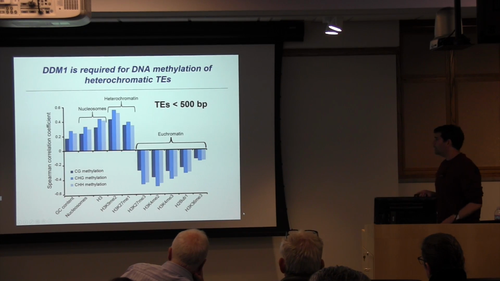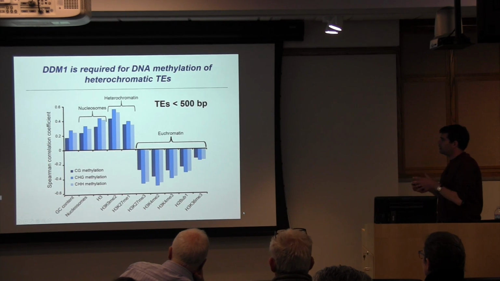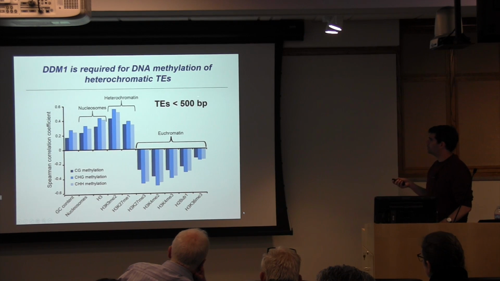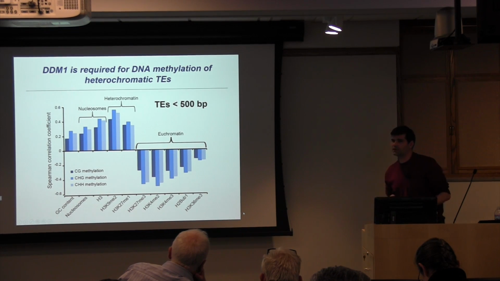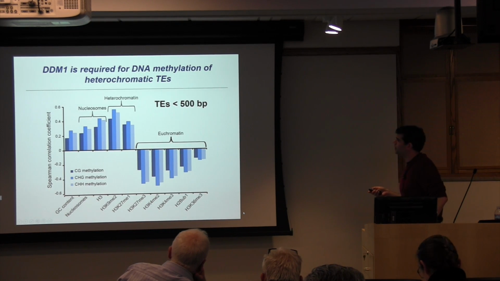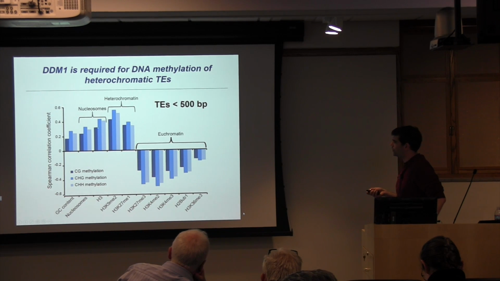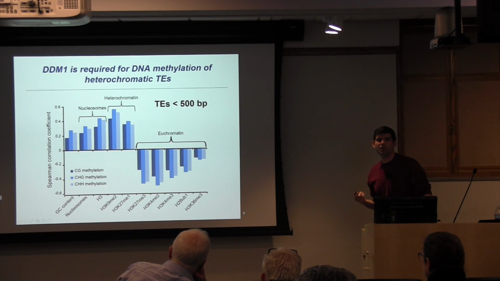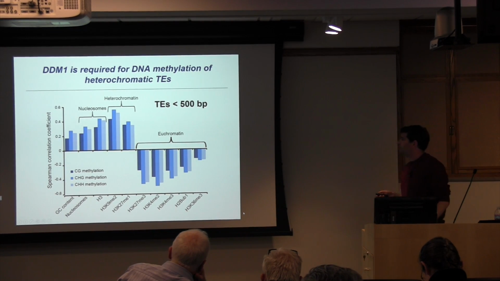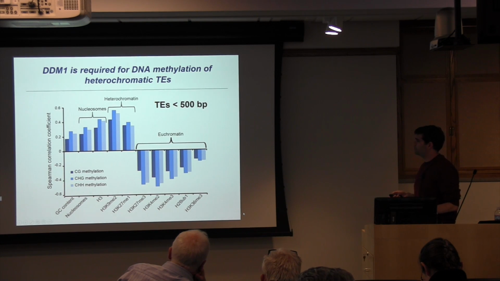Okay. So this is now an analysis that looks explicitly at this question of chromatin. For this, we're confining ourselves to smaller transposons, smaller than 500 base pairs, so that size variation is not an issue. And we're just calculating correlation coefficients. Each of these bars shows a correlation coefficient between the loss of DNA methylation in DDM1 in 3 different sequence contexts, CG, CHG, CHH, and a particular feature of chromatin. And what this shows is that